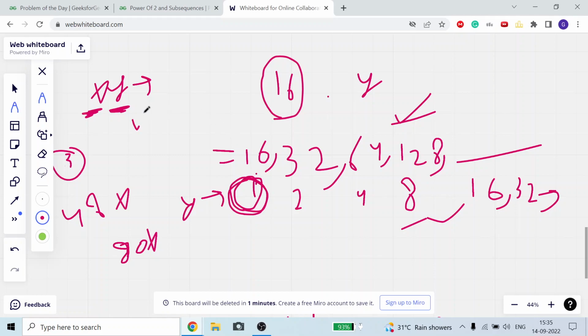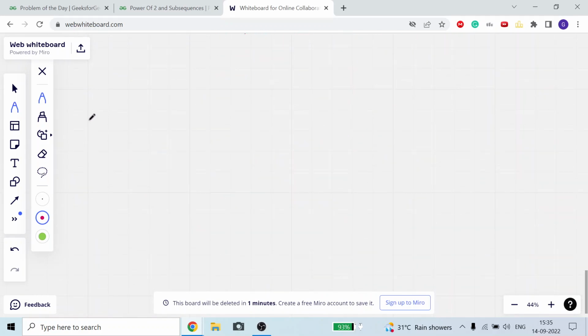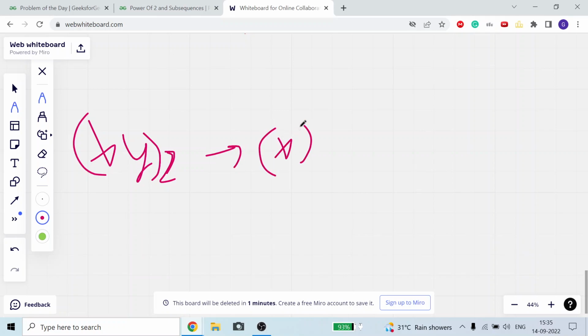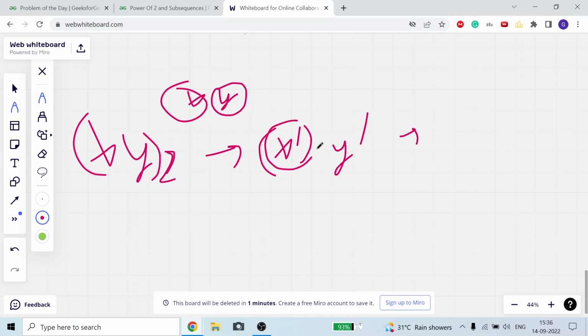Okay, similarly, if we want to multiply some z with it, then xy became a single number. Now we can say xy is a power of 2. Suppose it is x dash, and suppose z is y dash. Now this is a power of 2. Our previous x, when xy was taken, is also a power of 2, and for x a power of 2, we can only multiply a number if it is a power of 2. Because after multiplication it becomes a single number.